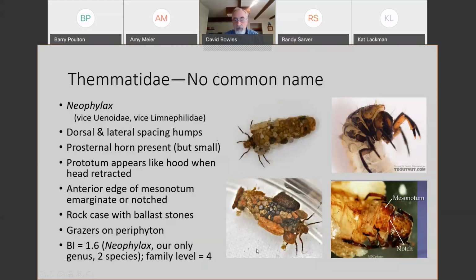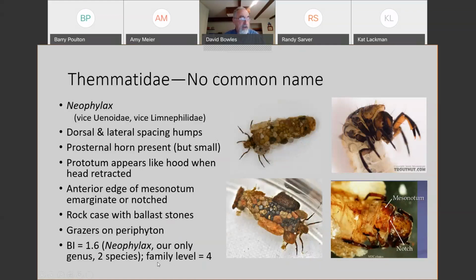And you can pry them loose and there won't be anything in them. But the cases are very neat. They are grazers on periphyton, so that's why you find them in streams that have a lot of periphytic growth, so you get some sun exposure. Their biotic index is about 1.6. I think that's about right for the genus Neophylax,